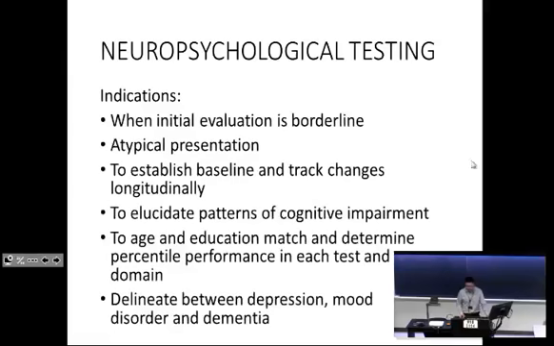Neuropsychological testing, I'm just going to really quickly talk about, is only useful if there are really high-level reasons for being concerned about this individual. So let's say they're a 55-year-old president of a startup that is now 15 years into its existence, so not a startup anymore, and he or she manages over 100 employees, and they're beginning to have issues remembering just little things, right? That's someone that you may want to double check and make sure that they are still fit, for instance, for their position, and that they're not looking at the likelihood of early onset dementia in the near future. So when there are employment concerns, for instance, we look for neuropsychological testing.